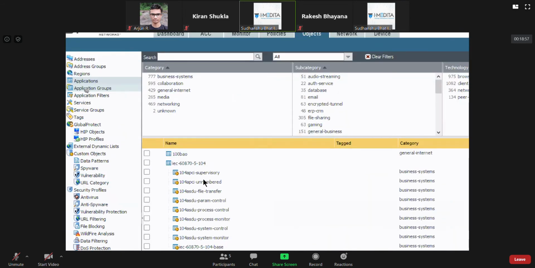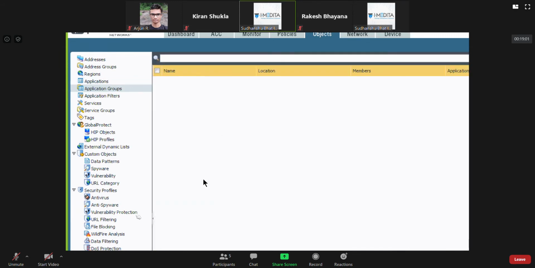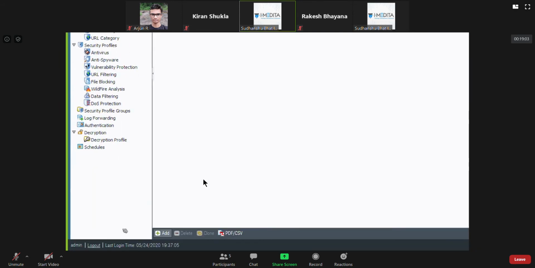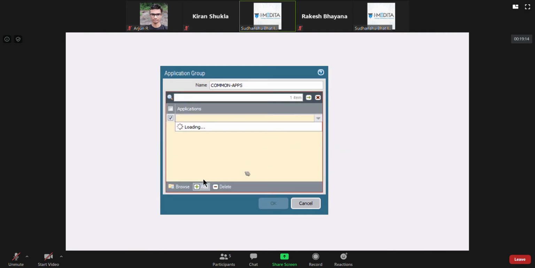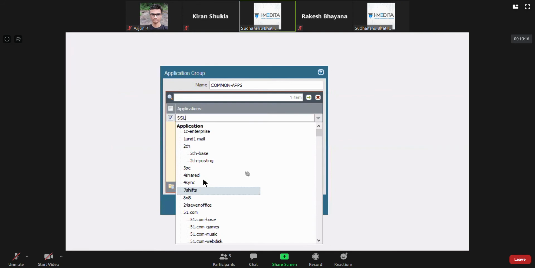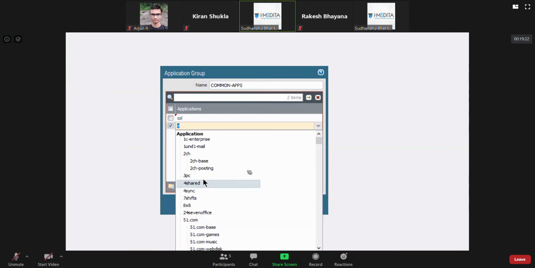You can create a group in which you add whatever applications you want. Like common apps, I'll say, suppose SSL, DNS,